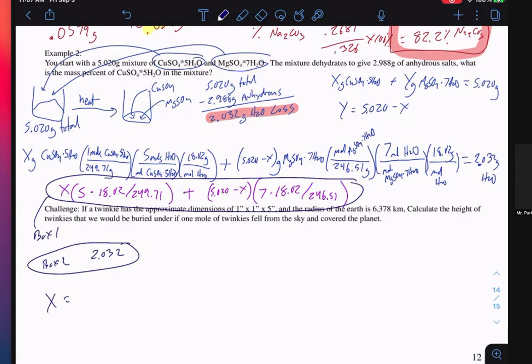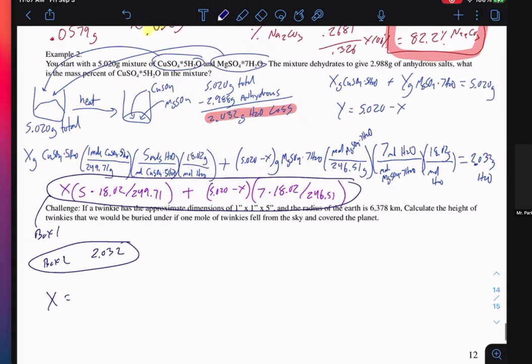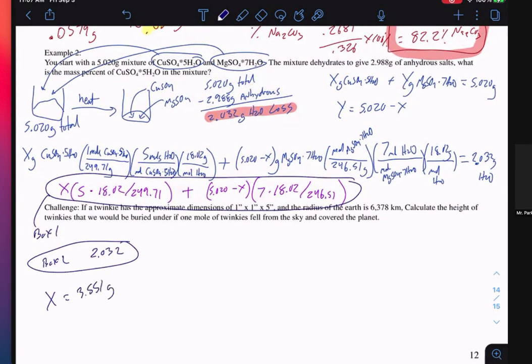So let me know what you get when you get X. I'll give you a hint. It's between 3 and 4. What'd you get? I got 3.551. That's correct. X is 3.551 grams of